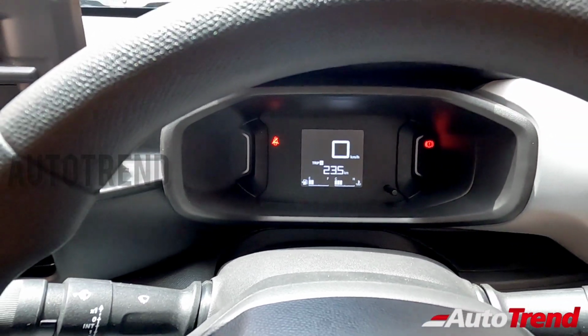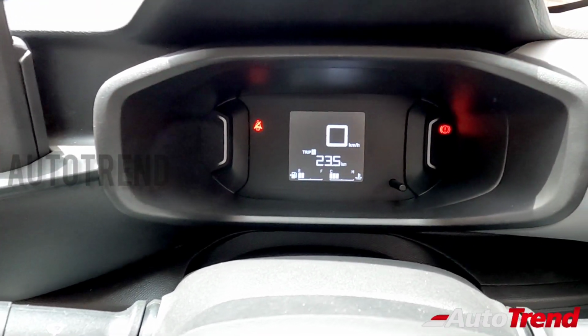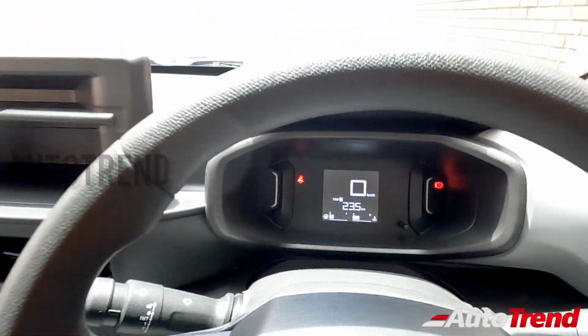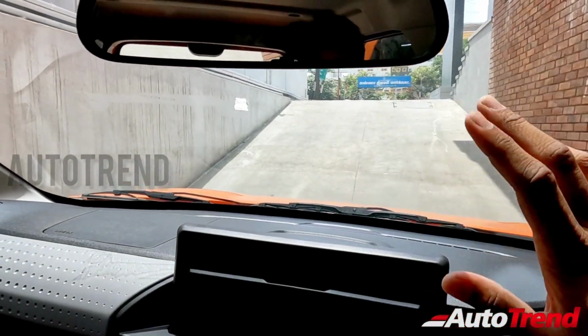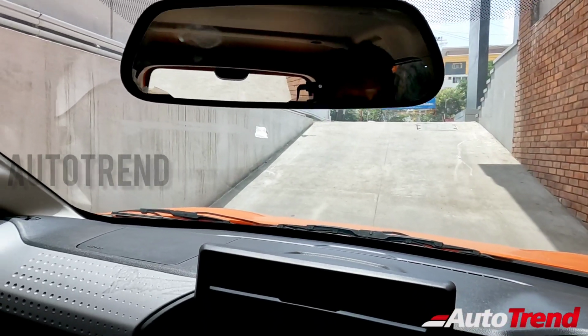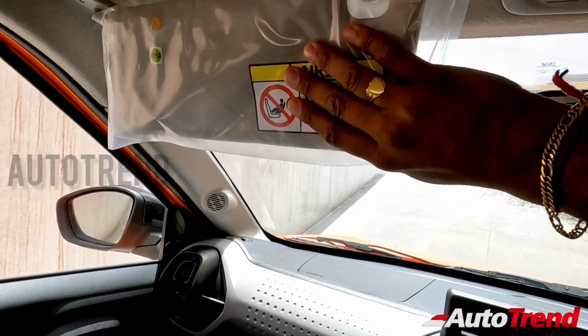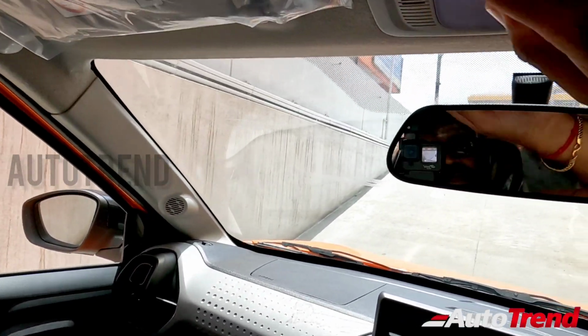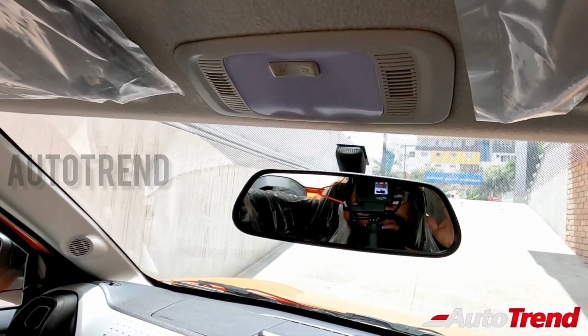With only one single control stalk, you can go through multiple details and information regarding the car, including trip meters and average efficiency. Then coming towards the roof, none of the variants provide day-night adjustable IRVM, which is quite understandable, and quite similar to the Tata Punch, this base level variant does not have a vanity mirror on any sun visor. Again, just like the Punch, only the front passengers get one single yellow cabin bulb, whereas the rear passengers